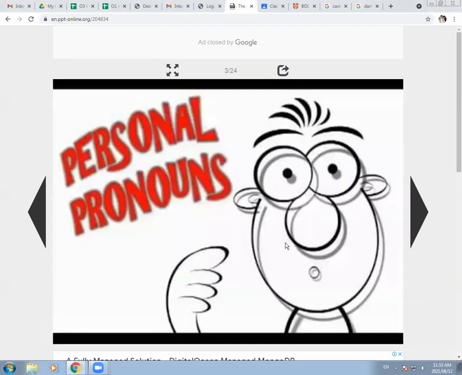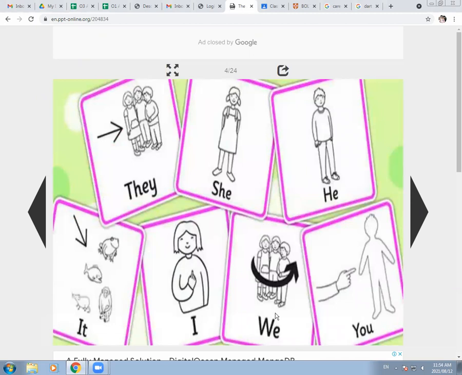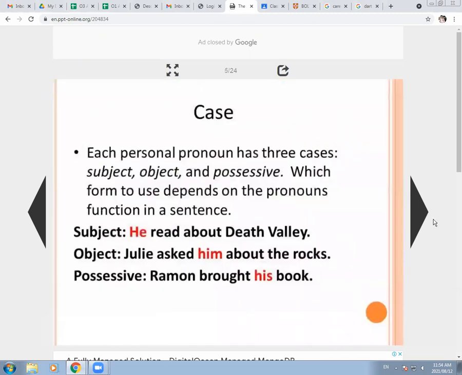Okay. So personal pronouns we are already done with. There are three types of personal pronouns: first person, second person, and third person. First person pronouns are I and we. Second person, you. Third person pronouns are he, she, it, and they. They are usually used in place of a subject, right? So these are written over here. We are already done with this.